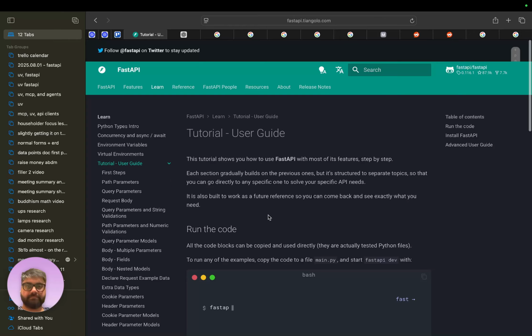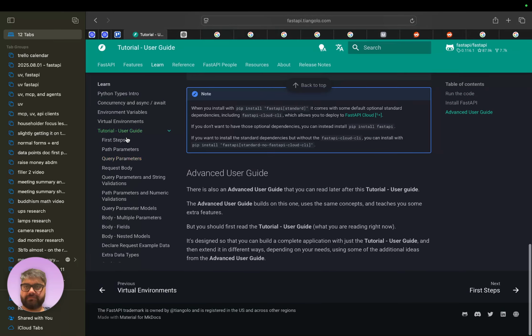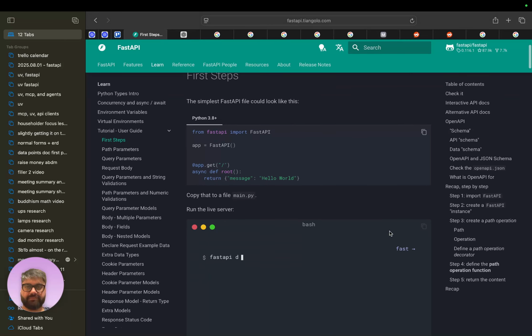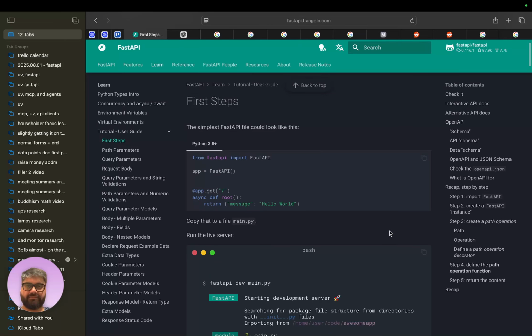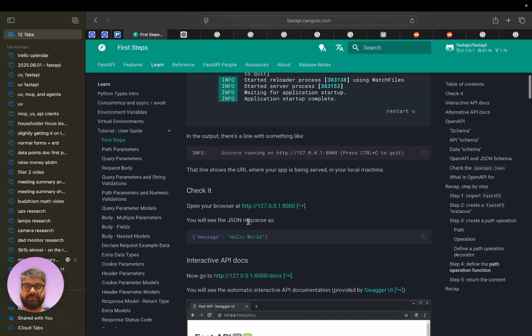So in the user guide, okay, let's go straight into the first steps. I think first steps is just simply to install it, right? Is that going to be the first step it says?